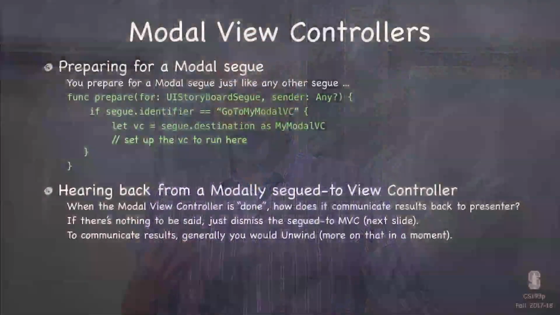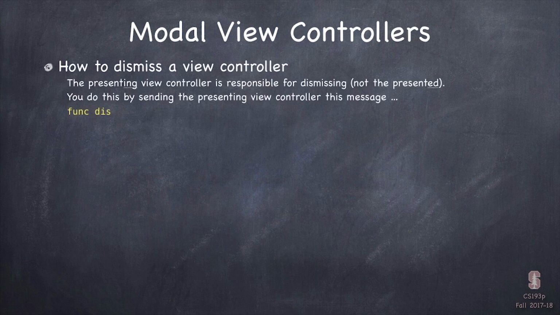Kind of want to think of the same thing here. So that thing you present can't really talk back to the thing that presented it. Really, the thing that presented it needs to talk to it. And we have a mechanism for doing that. It's called an Unwind Segue, which I'm going to talk about at the end of today's lecture. And that's really how we would communicate things back and still keep MVC